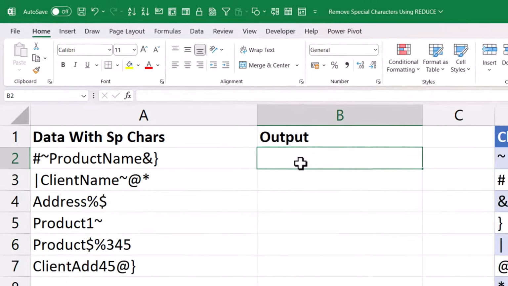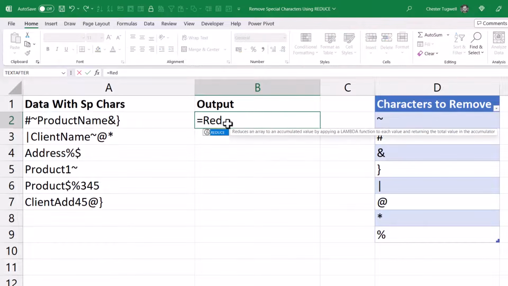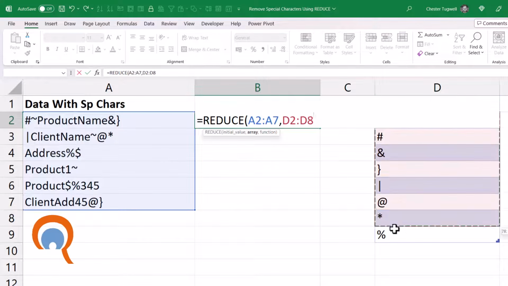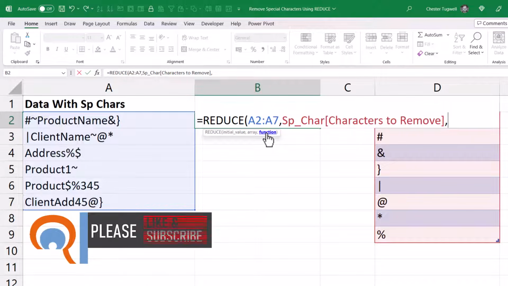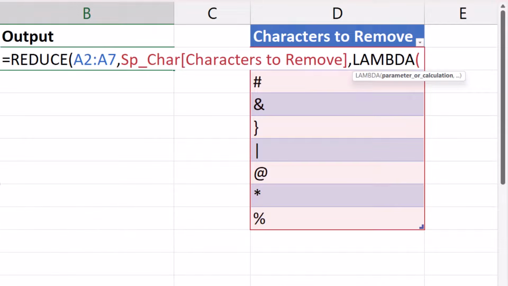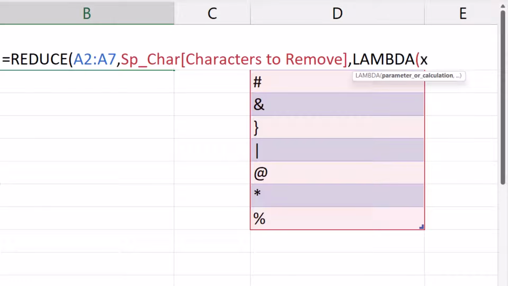Okay, so now we can use our reduce function. So equals reduce. The first argument is initial value. So the initial value is the text strings with the special characters. So I can actually select all of them, comma. And then array is basically the list of characters that you want to remove, comma. So now I'm on to the function argument. And in the function argument, you need to use lambda. And lambda will allow us to create a name for both the initial value and the array. So the initial value I'll call x, and the array I'll call special character,